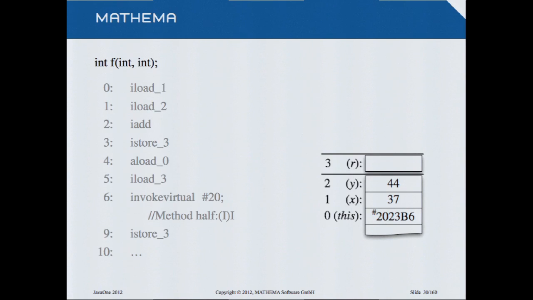Okay, now something happens, and I don't know if the values will be copied or whatever, but for the called function, it looks like this. We have the address, and it has the name this in our Java program, and it stands at the position 0. Then we have the 37. This is in our program x, and it's at the position 1, whatever that means.